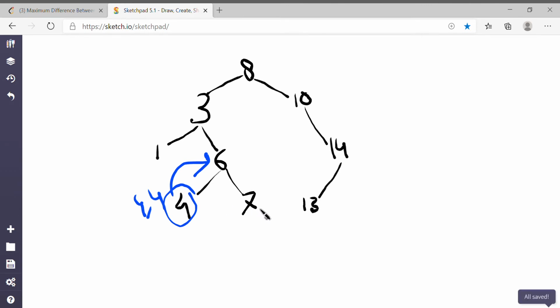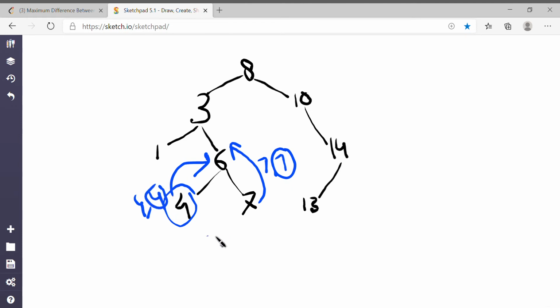Similarly for 7, we will tell 7's parent, nothing but 6, that the maximum and minimum value is 7. Now once 6 has received the left subtree min and max and the right min and max, it will compare with the help of the left and right return values to find the maximum and minimum.